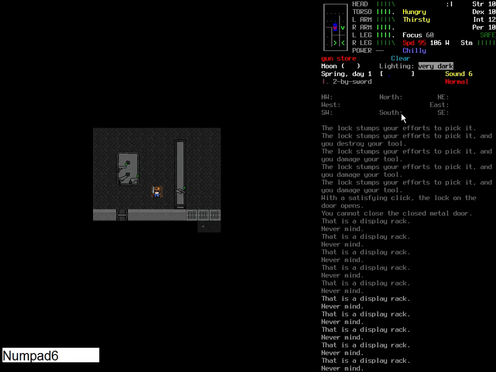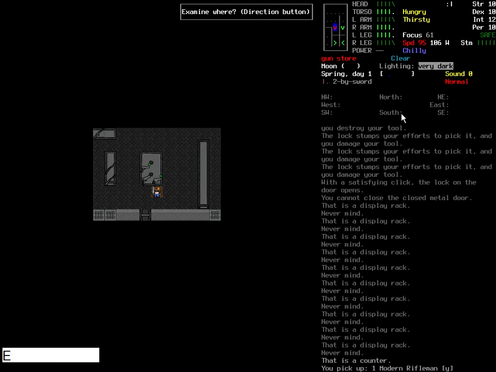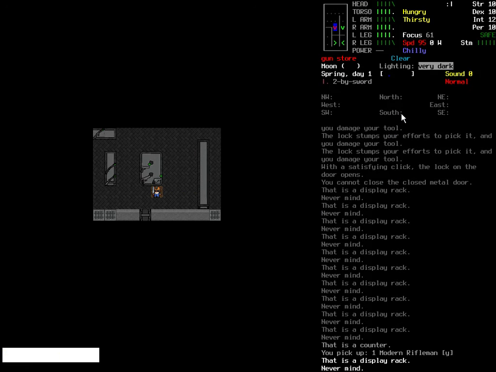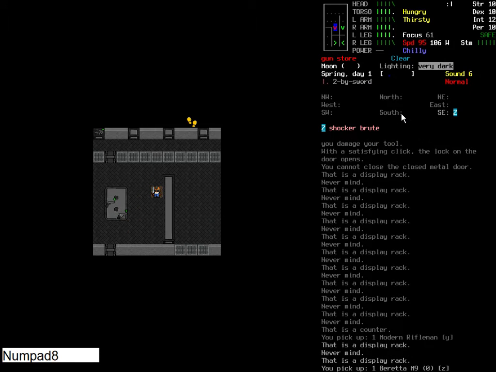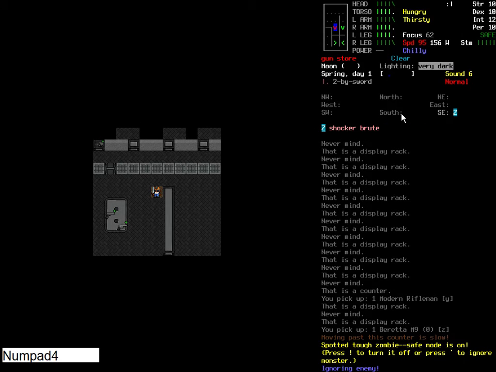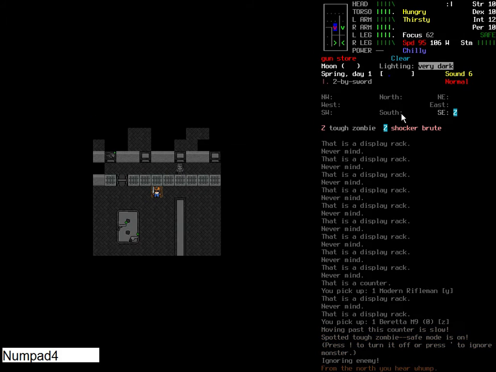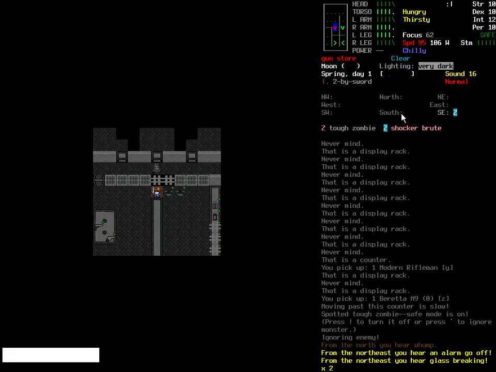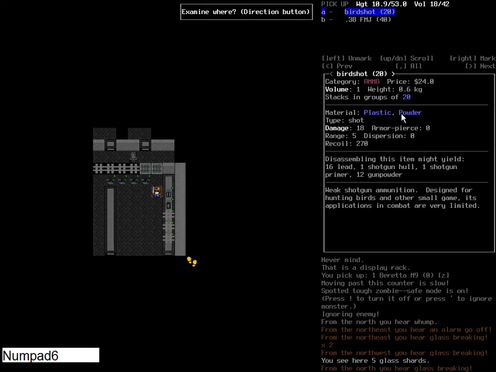So what else? Modern Rifleman. That's a skill book. We'll take that. So we'll take the Beretta M9. A tough zombie. On that count. Oh, he's coming. And he smashed through, and he set off an alarm. Oh, dear. We'll take...